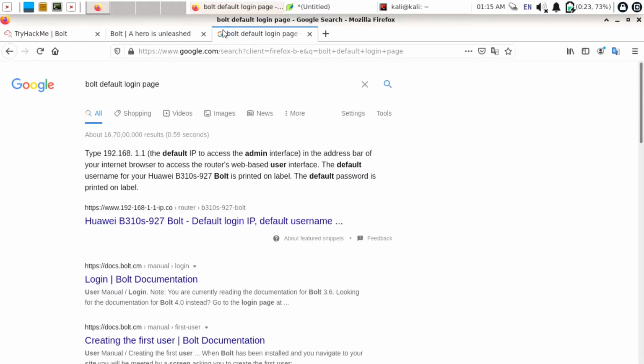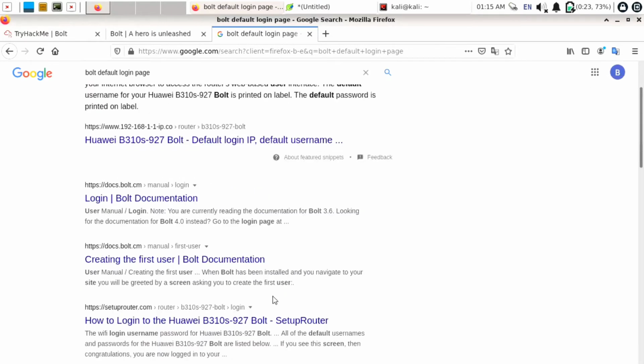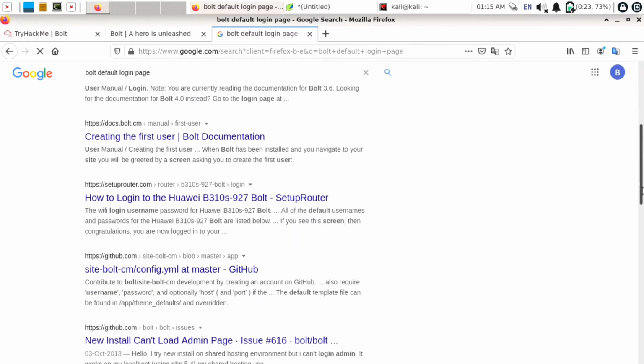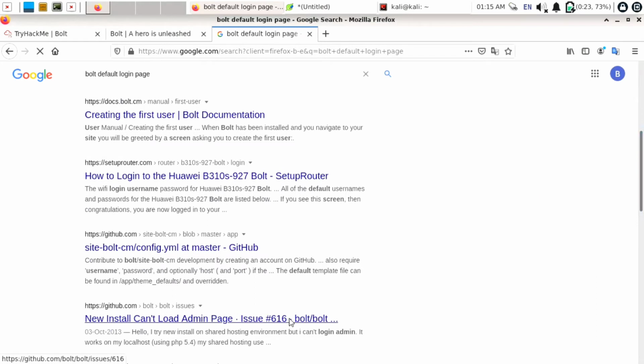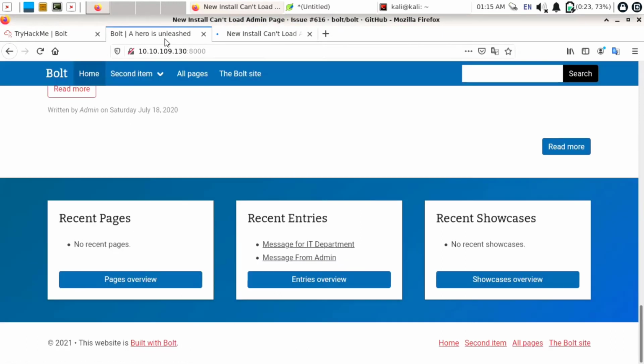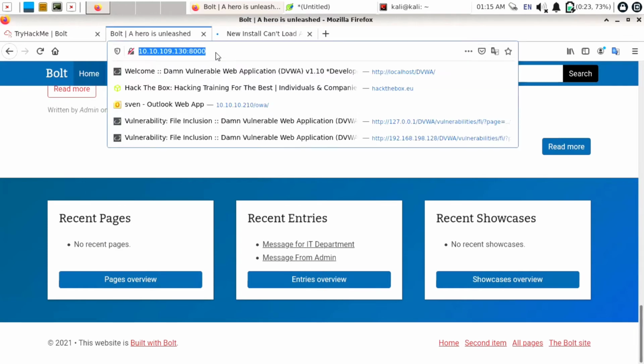and hit the enter button. On Google you can find the default login page for this Bolt CMS. Okay, scroll down below, manual/login. There is one GitHub repo. Okay, nothing is there. Open a GitHub repo. Meanwhile, open our target site and try to find any default login pages like /admin and